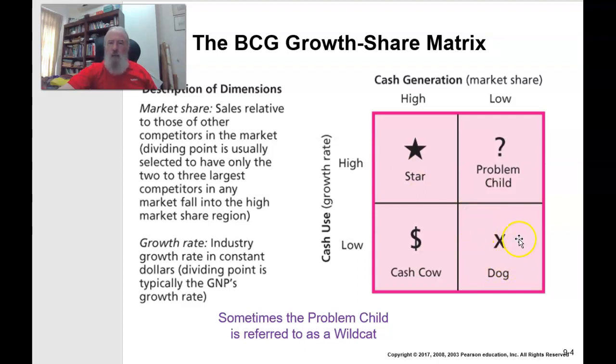The bottom right are the dogs. The dogs are the ones that you kick out because they're unproductive or use up too much management resource or are too expensive or whatever. The one in the top right is called Problem Children. The name I prefer is the Wildcat because it's Scottish. But with a problem child, you don't really know how it's going to develop.